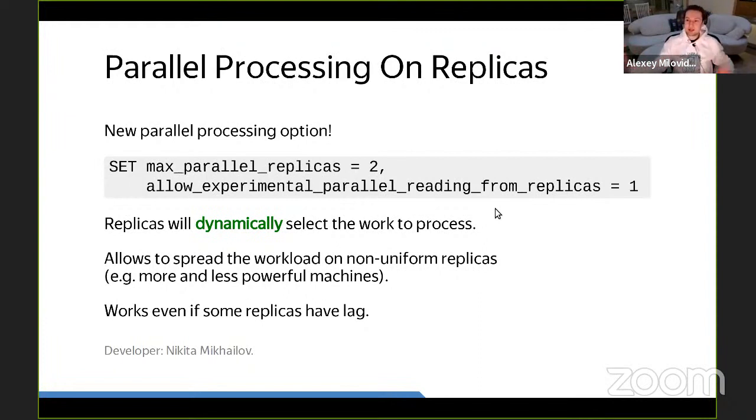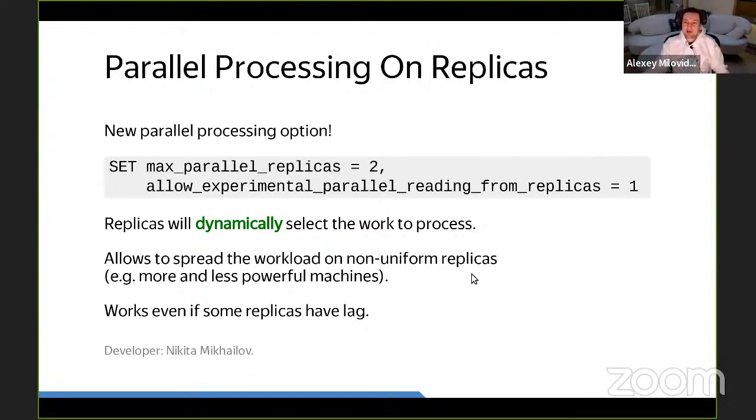And what is good, it can work even if replicas are not uniform. If one replica has more computational resources, another replica can be slower, but it will still participate in the workload and just select a smaller amount of work to process.